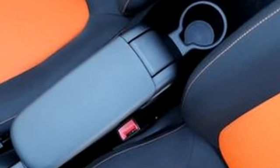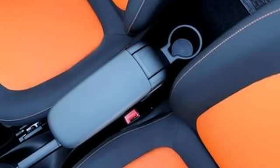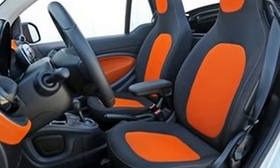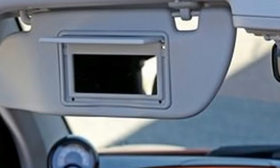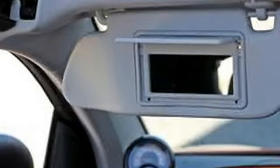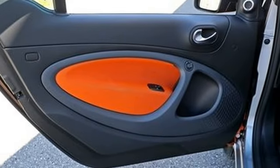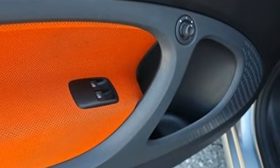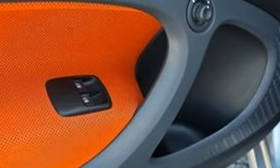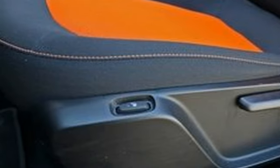Not at all like the Fortwo Roadster, which is offered in a section-level pure trim, the Cabrio's request book opens with a better prepared passion demonstrate. Alongside a tallness movable driver's seat, control mirrors, and 15-inch aluminum wheels, it likewise incorporates highlights found in the pure car, for example, programmed atmosphere control and Bluetooth sound and telephone spilling. Prime and Proxy trims are the high rungs in the Fortwo's lineup and bring extra standard hardware. On its base cost of